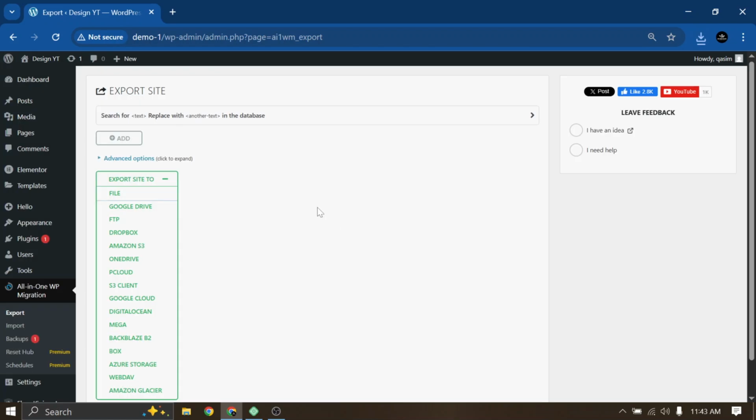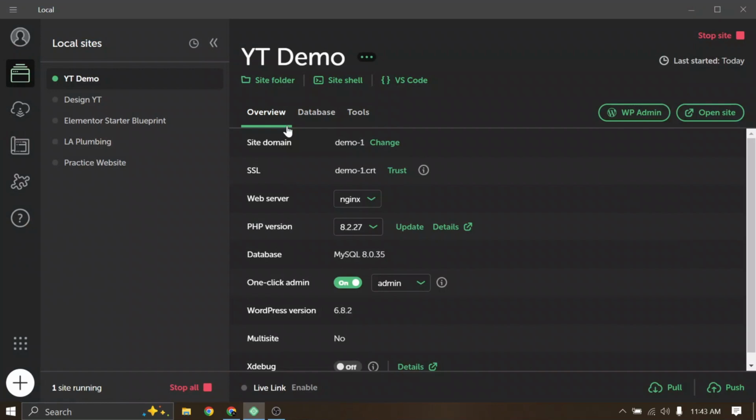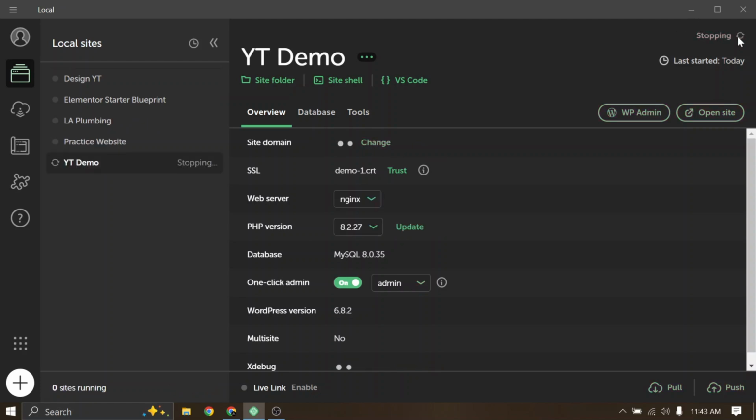Now let's go to the second site where we add this site. Here you can see right now this is the demo 1 site. Stop this site.